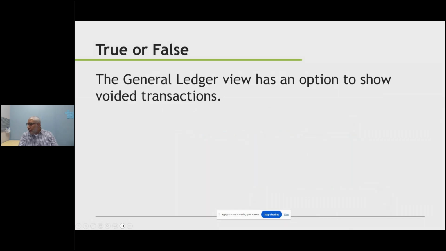Quiz. And that should be working. So polls. Launch. Okay. True or false? The general ledger view has an option to show voided transactions.